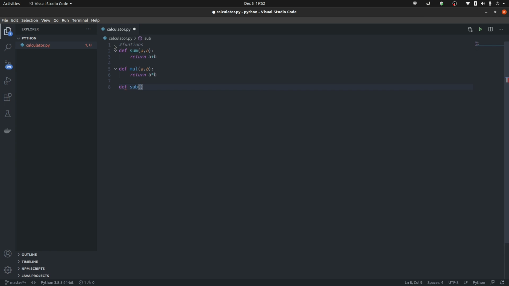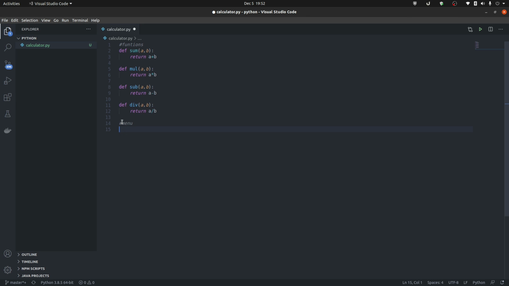That will take a and b as parameters and will return a minus b. And at last we have division, with a and b, and we'll return a by b. And after every function, it is better if you leave a line in between. So we have a menu now,